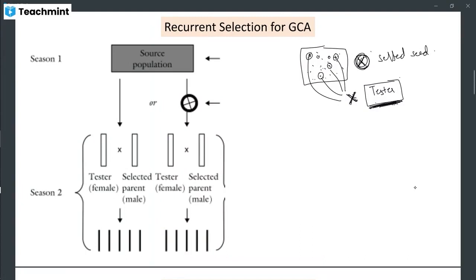Okay, so the tester, if you want to test for general combining ability, it should be a heterozygous tester, which means it has a broad genetic base. So after performing the cross with this tester, what do you have? You will have the progeny,